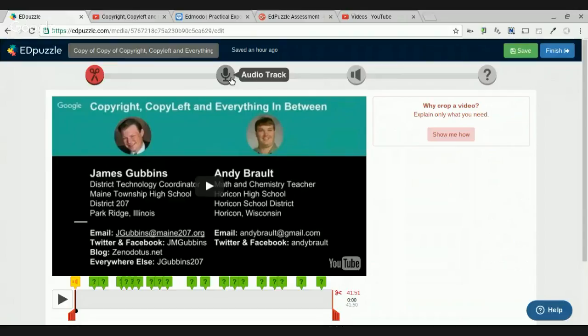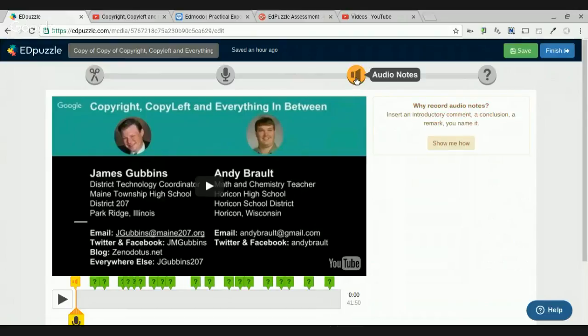You have to re-record the entire bit of audio. You can't just create little segments of it. I believe that's what audio notes is for, which allows you to insert an introductory comment, a conclusion, or a remark, whatever it may be. So at the very beginning of this video, as you can see, I've added this little yellow tab, and I